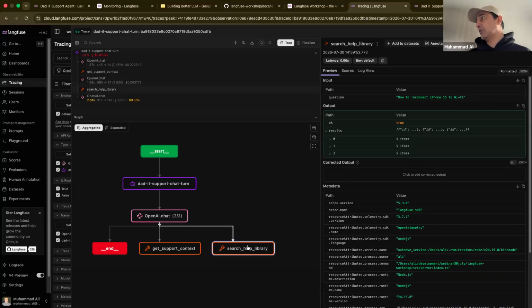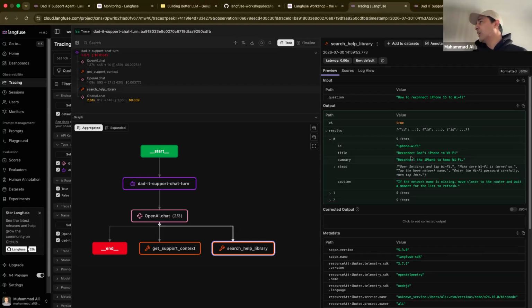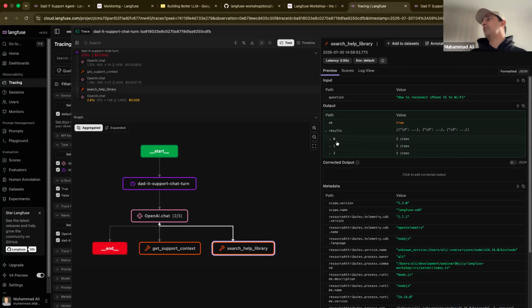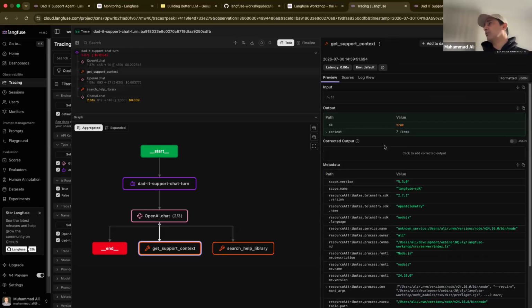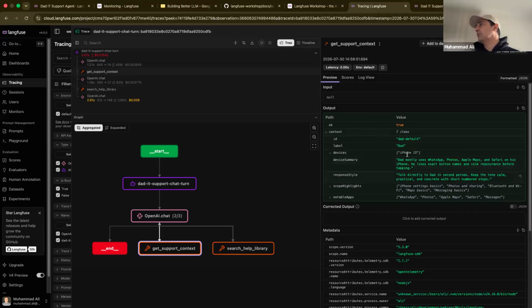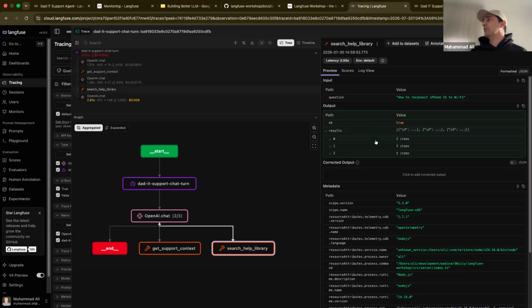And that's what it called. The search help library returned items, which is information about how iPhone is connected to Wi-Fi. That's our knowledge repository. The first tool gets more context, gives us the information about what dad is using. Dad is using iPhone 15. And that search help library gives us the answers. And that's how the whole agent works.